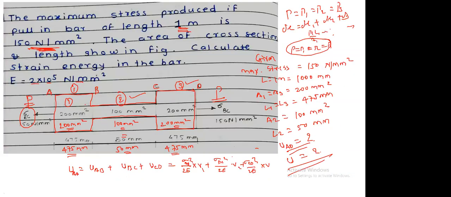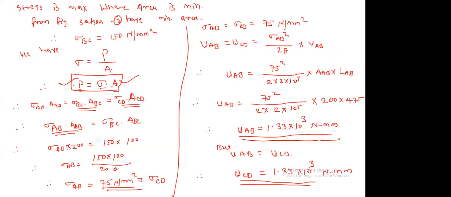The same bar of varying cross section is there. In that, the maximum stress value is given. By using that maximum stress value, we have calculated the other stress values, because stress is maximum where area is minimum. For the minimum area, we have considered that value as the maximum stress value. And by applying the concept, the total force applied on the bar is P1 equal to P2 equal to